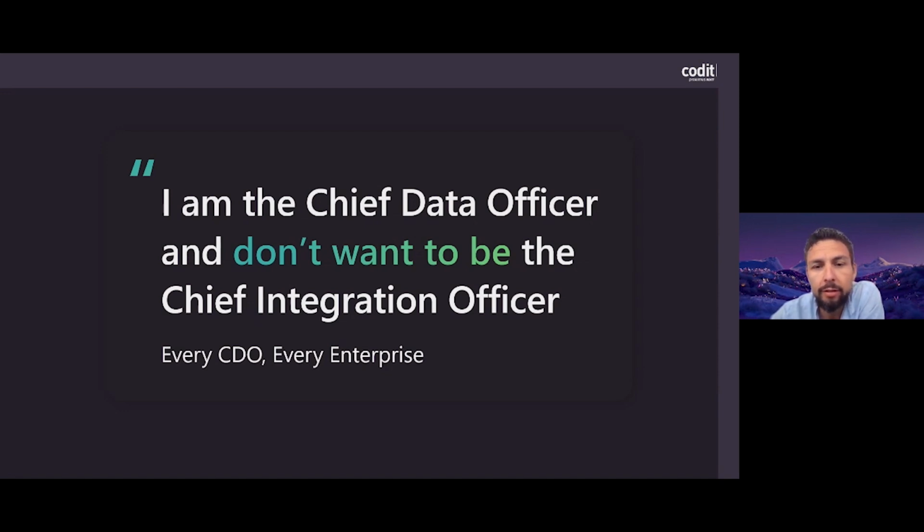We now have the chief data officer, whose job is to look into the data and to centralize all of the data to get good data governance. But he doesn't want to be bothered with everything, with integration, with infrastructure setup, with all of the other stuff that should be quick and easy to set up, so he can really focus on getting the data in the right shape, so the business users can effectively get their insights out of it.